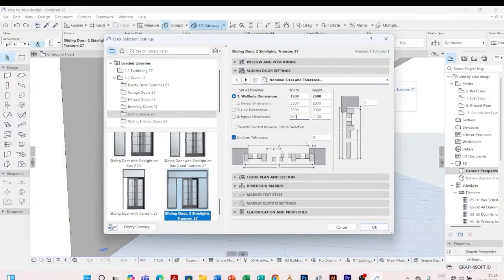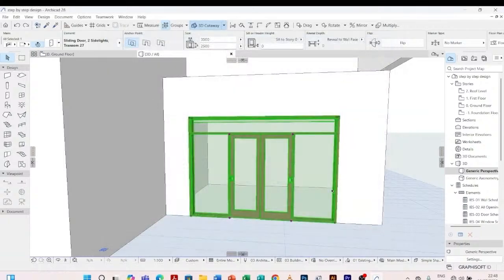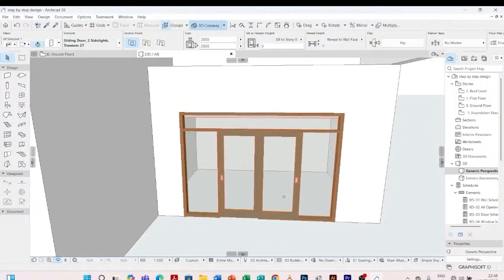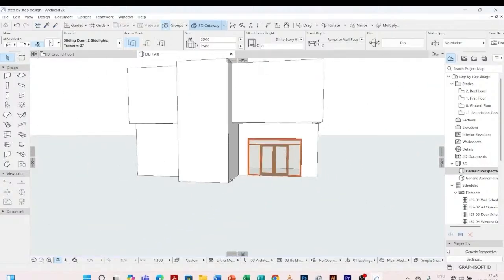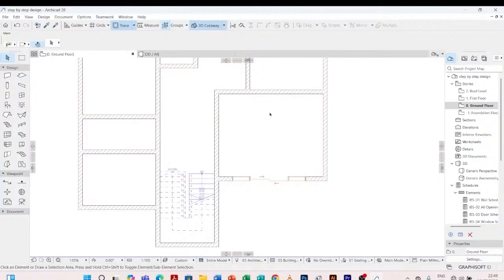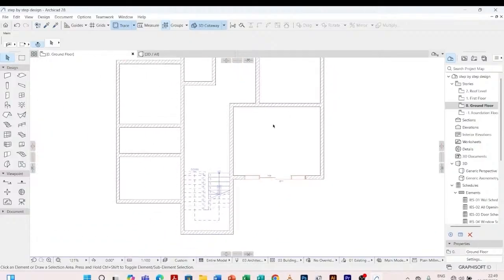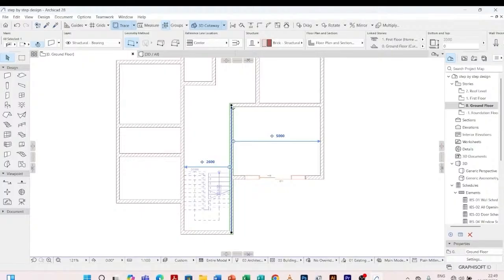Let us give it 900 and see. 900, it has expanded. This looks nice. Yeah, we can go with that. So we have our first door. Remember, this is our living room. We have our dining right here. So I'll